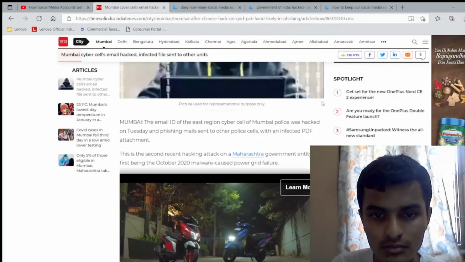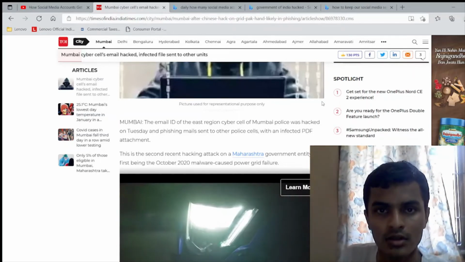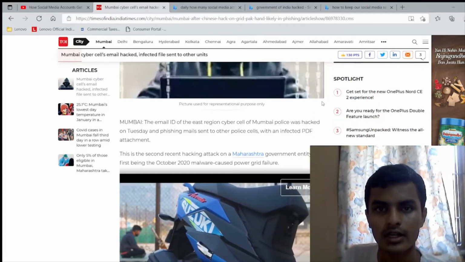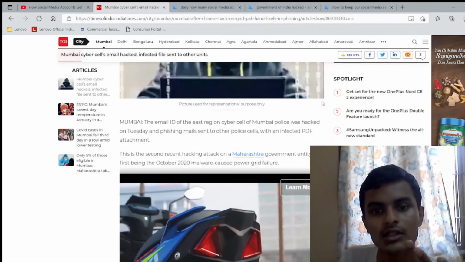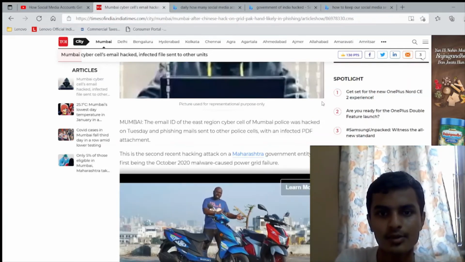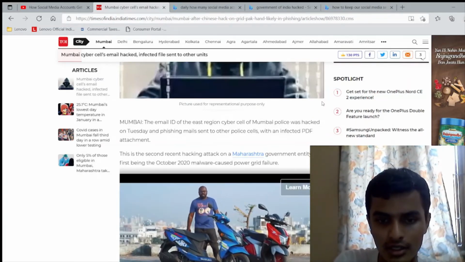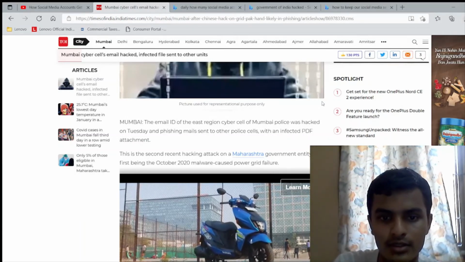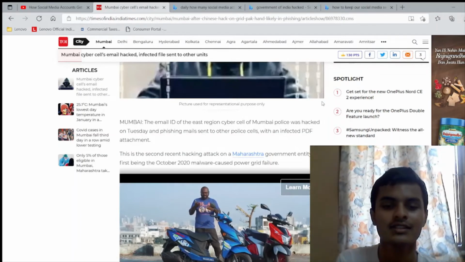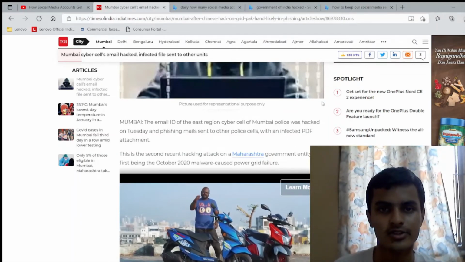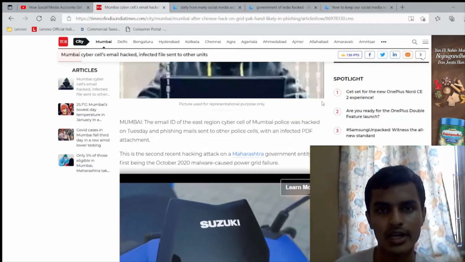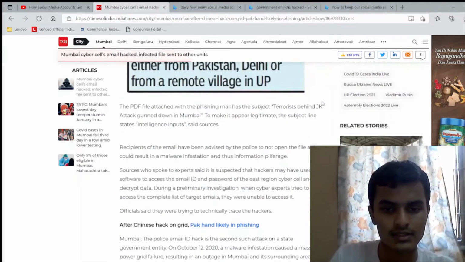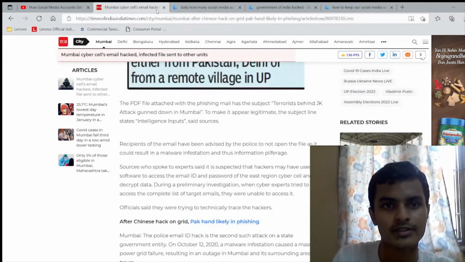Yes, they shut down the system and they could control it. If you get control, what will you do? You'll start playing with it, right? In the same way, they got access to the power grid and controlled it, and there was a failure of electricity. For several hours, electricity was not there. Then it was restored by the Mumbai crime cell and cyber cell. So yes, that was a loophole in our Indian system.